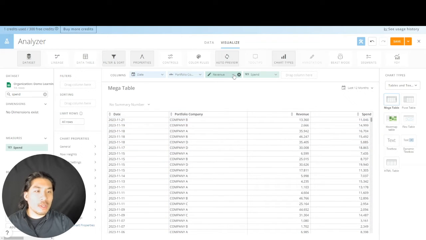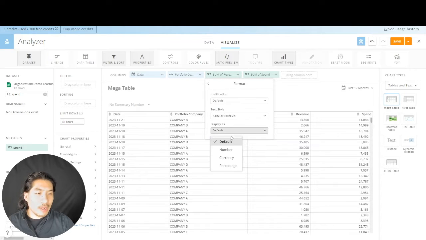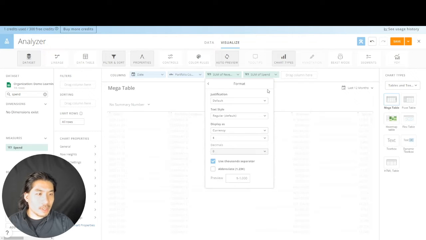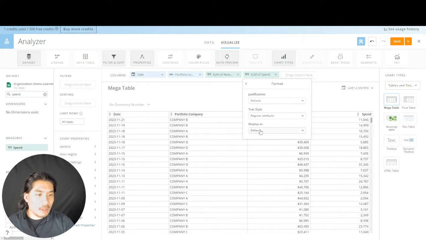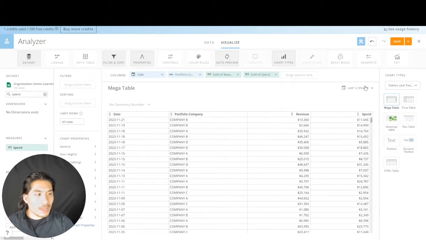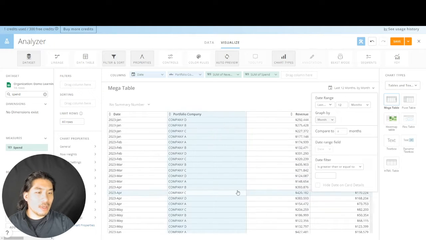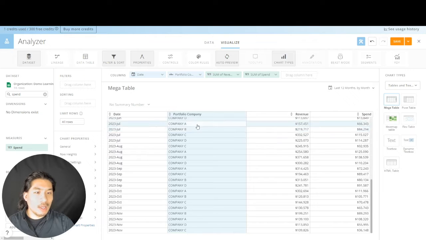It's a lot. We're going to hit this plus the green part, and we're going to hit that little drop down. We're going to say sum. Now we're going to make it aggregate data instead. I'm going to go here, format, make it a currency, no decimals, because I don't want to deal with that right now. Okay. But I have all these days here. Maybe I don't want to see by day. Maybe that's too much. I'm going to go here and say graph by month. And now I have by portfolio company, I have the months, the revenue, the spend,